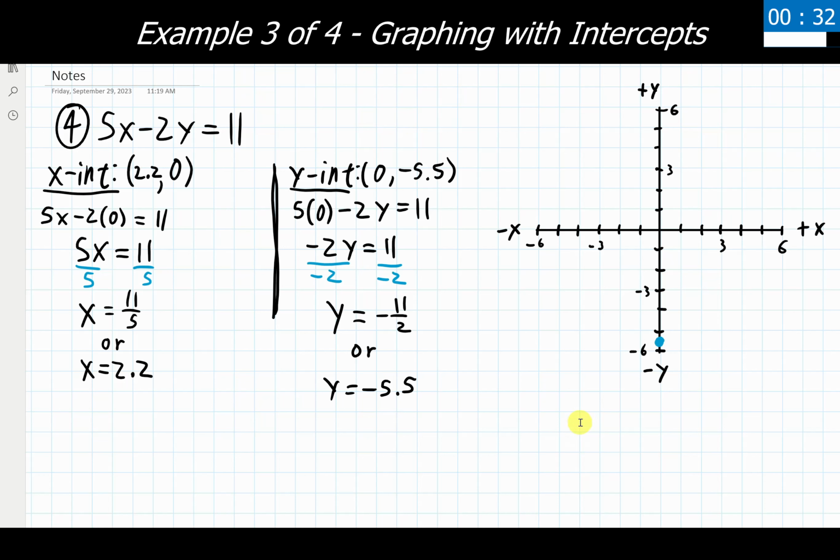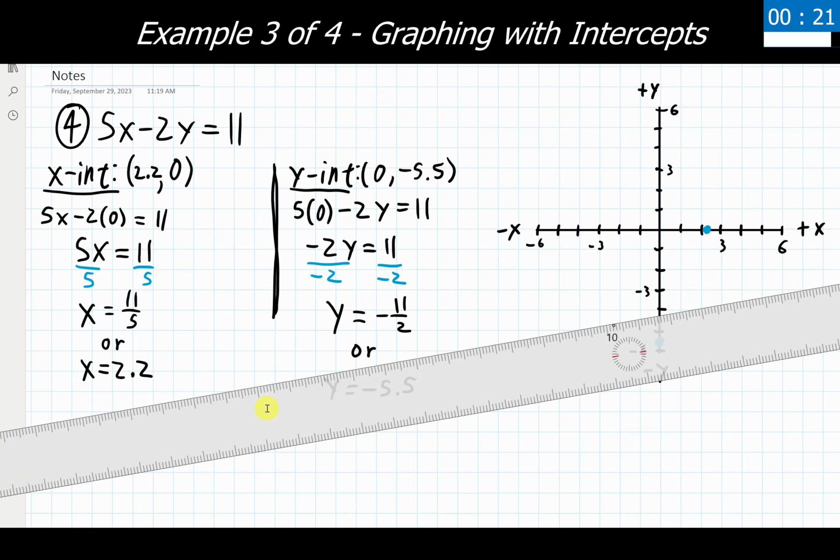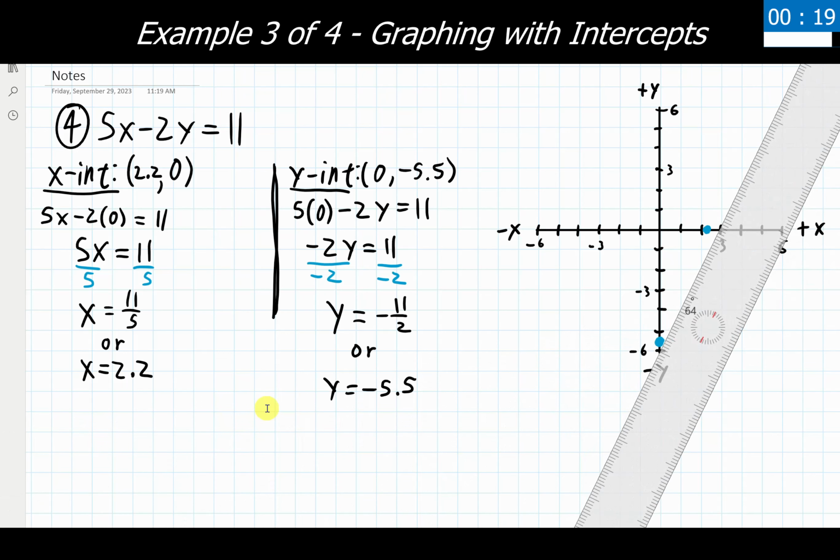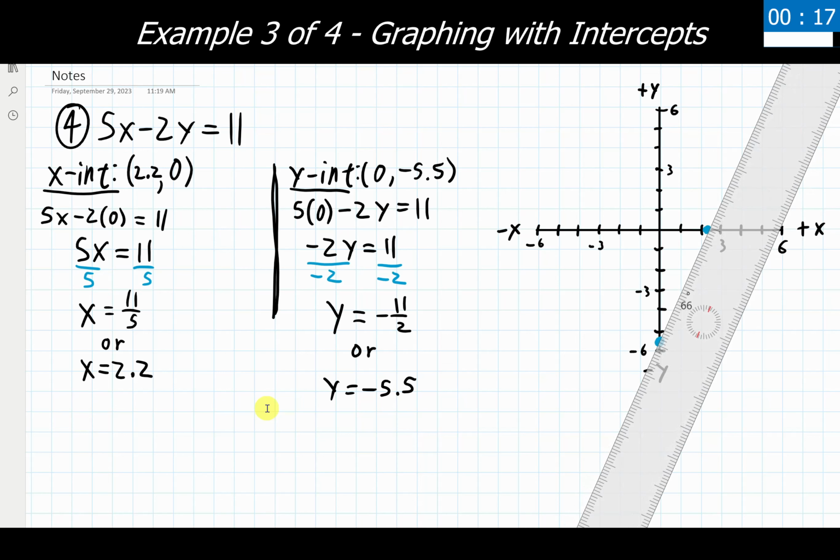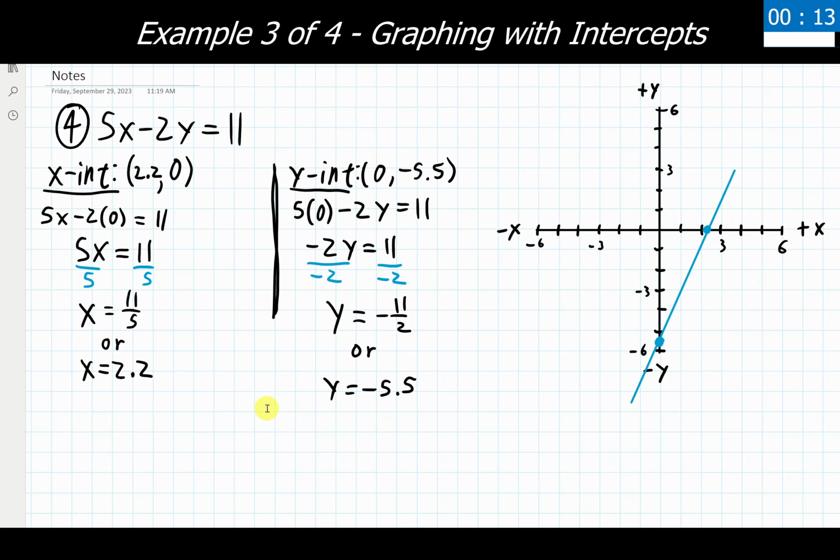Something right there. For our x-intercept, we have 2.2. Everything is scaling by ones, so we'll go 2.2, something about there. We have to kind of eyeball it when we have decimals that aren't halves. And there's nothing wrong with that, but again, make sure that you have the points clearly labeled and as accurate as you possibly can. So even with those gross ones, we still have our 2 points plotted, connected together, and our overall graph.